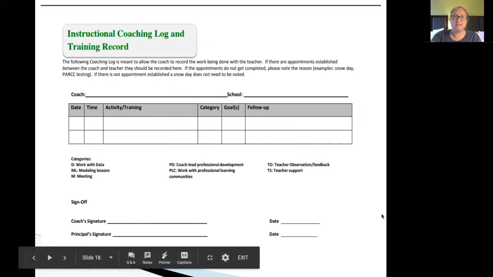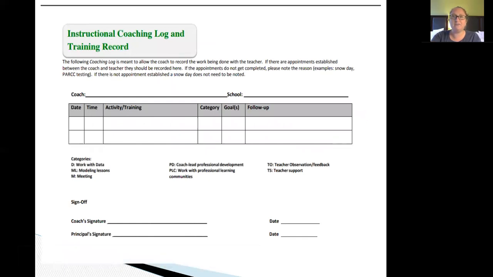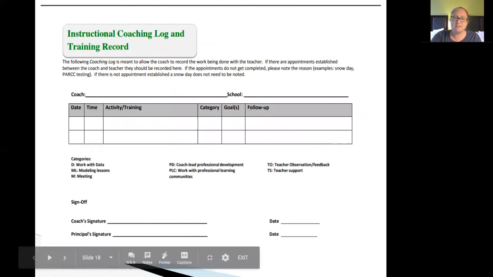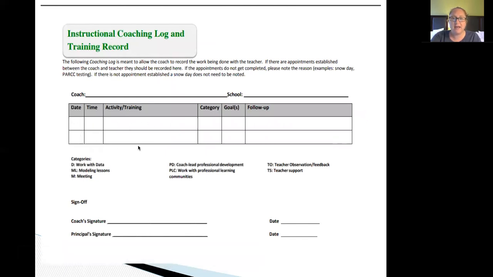There are so many different kinds of coaching logs out there. If you were to look at any resource that Elena Aguilar puts out there, Diane Sweeney, Jim Knight has some tools. There are some that I've uploaded here too. You just want to have some kind of log that documents all of these things. So something like this is pretty simple, where you're just going to define on what days am I doing what with the teacher, and what does it involve?